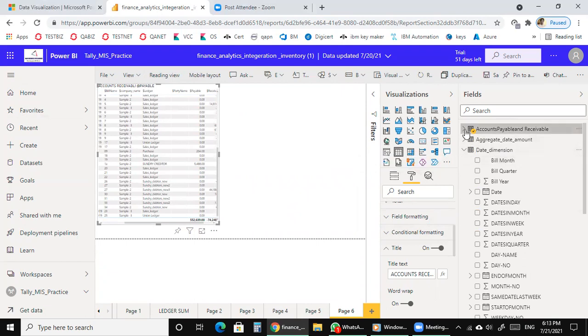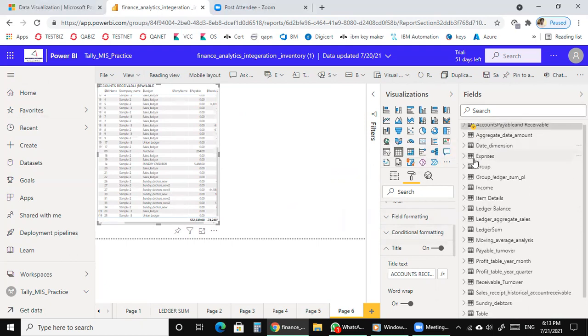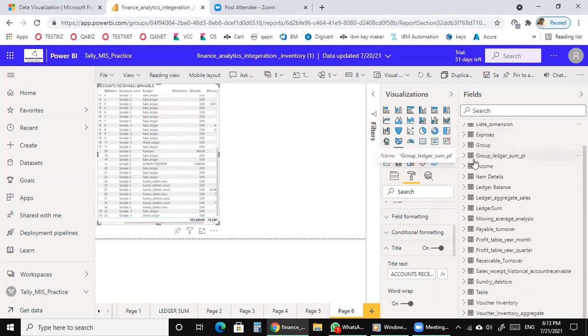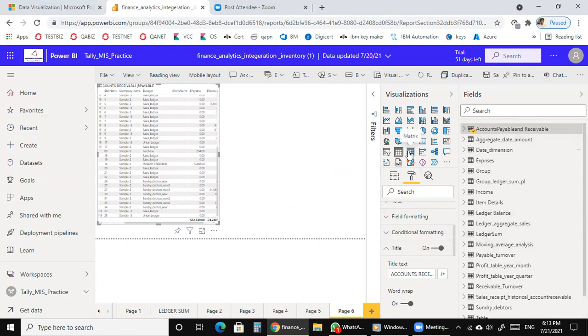Awesome. So you have made 80% of the Tally reports. Account receivable, account payable. You can make P&L, the profit and loss statement. You can show receivable, payable turnover, and you can show moving average rate. That is more than 80% of what chartered accountants do. Okay, sir. Fantastic, thank you, sir.